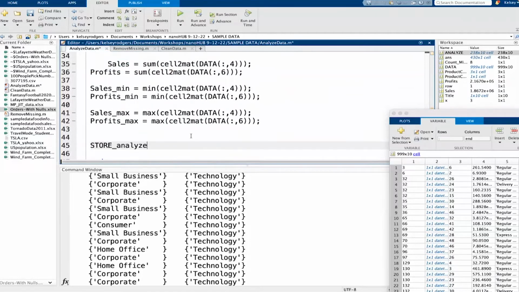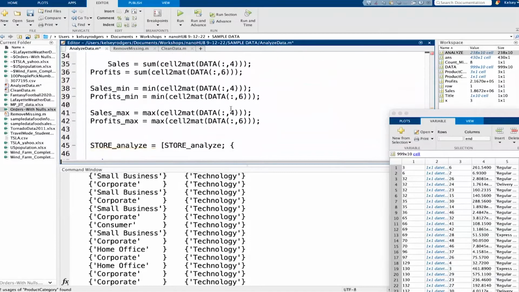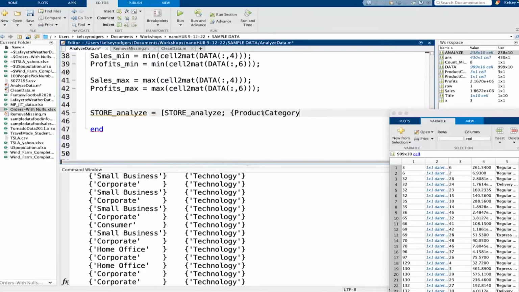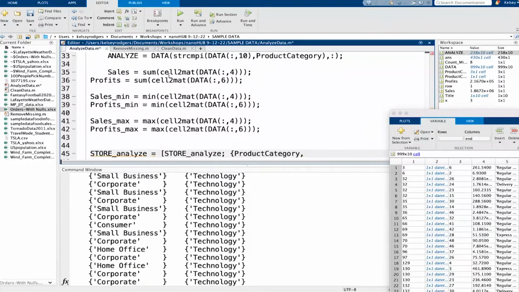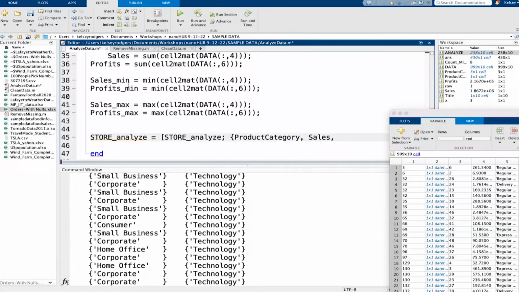Every time I run through my list, I might want to keep track of a collection of different information, such as what was the category, and what was the total sales, total profits, and again, minimum,